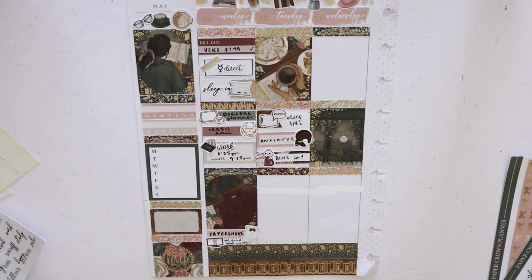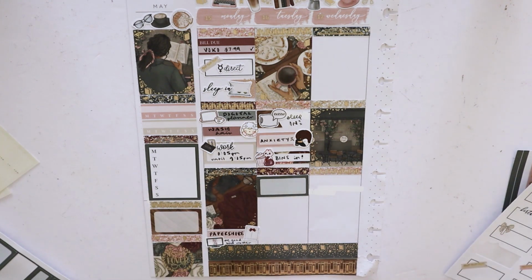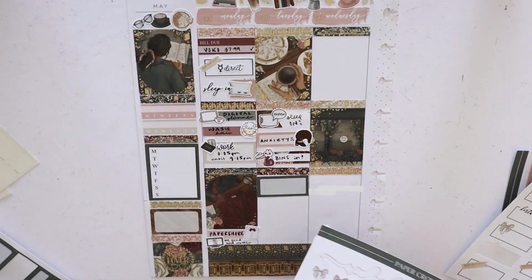And then I had to bring the bins in, because I do that most Tuesdays, because that's when our bin day is. So I used that vanilla with the bins sticker. So again, I used another third box with a piece of deco and then a work script that I made,